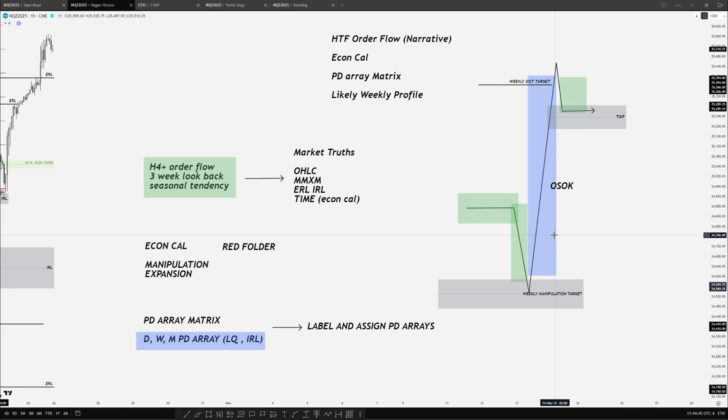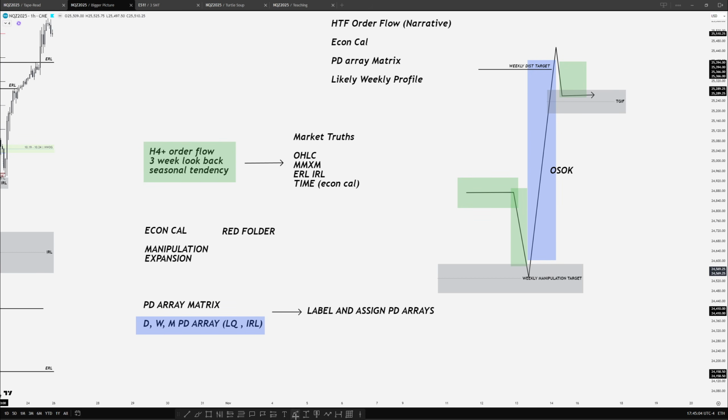Does Tuesday drop into that weekly manipulation target? So the daily gap in this case runs some sort of internal sell stops formed on Monday and now displaces with energy, and has a bunch of other stuff that indicates it's the weekly low. If not, you go to Wednesday. Now, this weekly manipulation target here,